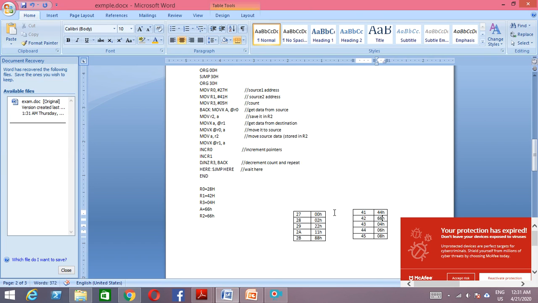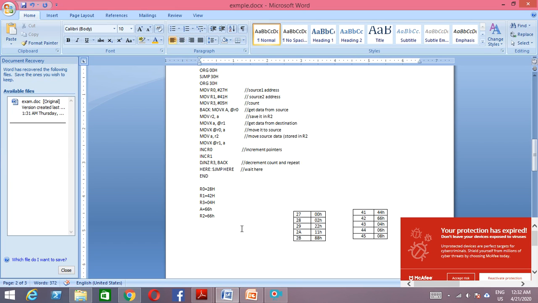So likewise we are going to copy all the values which are available here to here, and all the values which are here to here. Likewise we are going to exchange all the values from this location to this location. Okay, so between these two locations we are going to have the exchange operation, right? So in this case also you can use the DPTR, if you want to have all the values loaded on the same location, like we have done in the previous program.